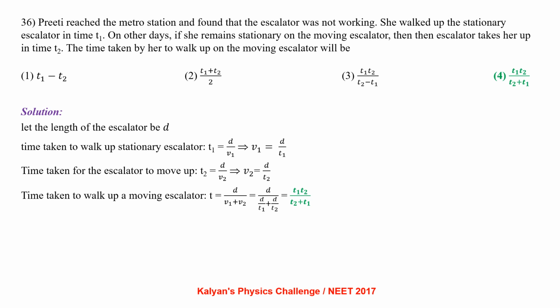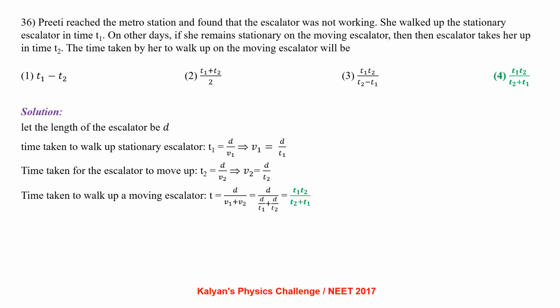Preeti reached the metro station and found that the escalator was not working. She walked up the stationary escalator in time t1. On other days, if she remains stationary on the moving escalator, the escalator takes her up in time t2. The time taken by her to walk up on the moving escalator will be: